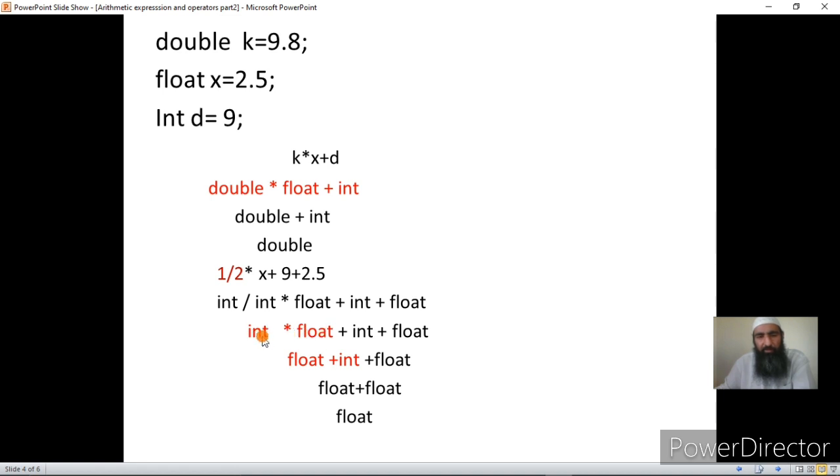But these two operands don't have the same type, so int is converted into float, then float is multiplied by float, and the result is a float. The next operation is the addition between float and int. Since int is converted to float, because the rule is that we convert the lower type into the higher type. I am not talking about the values here. I am talking about the data type of the values, whether they are stored in variables or represented by constants. This is important.